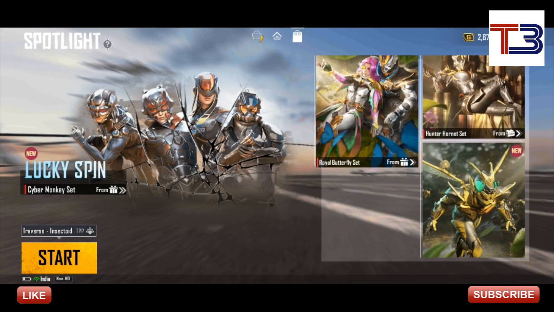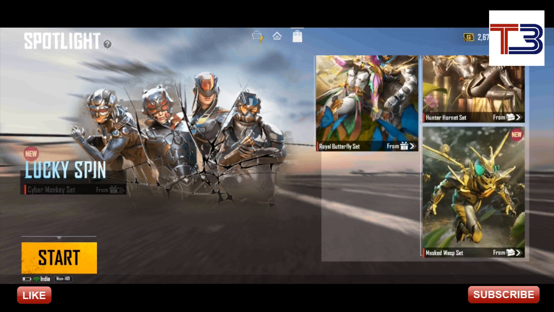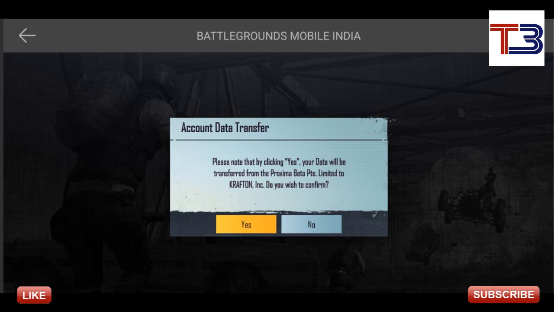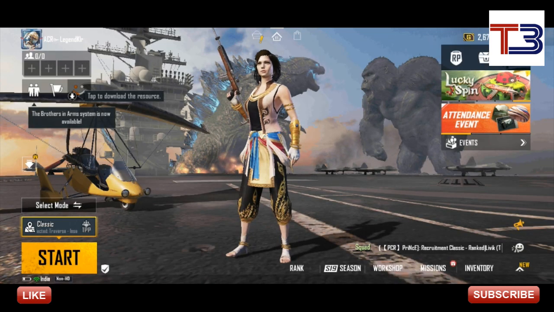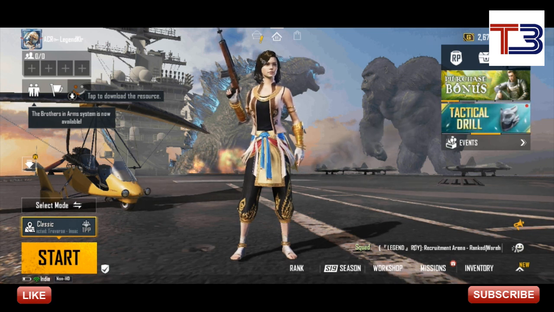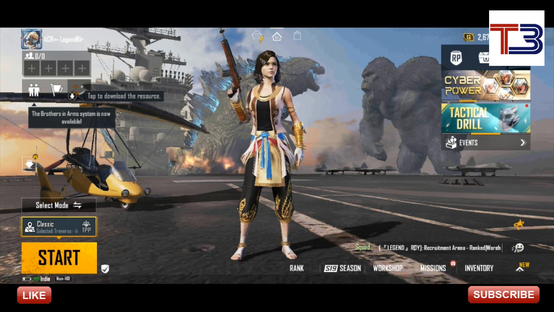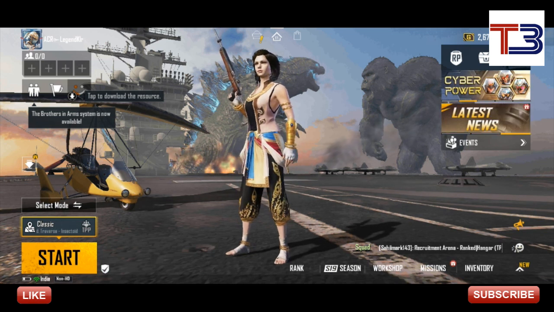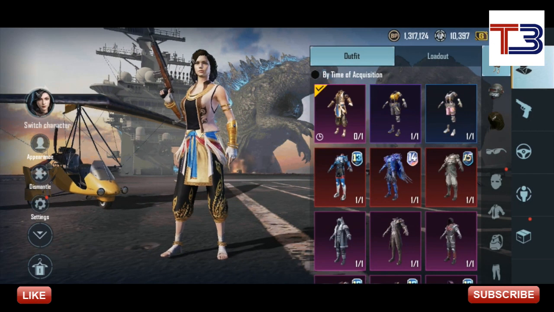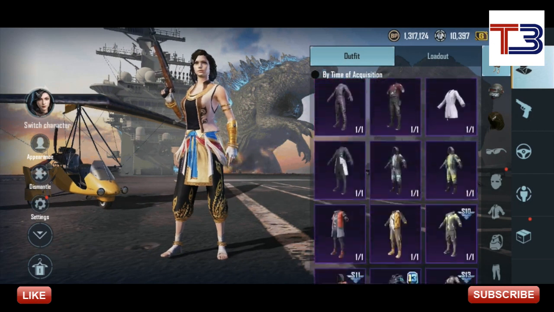Once you log in from the previous ID that you have used in your global version, you will get a pop-up like this, which will ask for the confirmation of transferring the data from your old PUBG Mobile global version, right? As soon as you give the confirmation, it will take you to the login page, and then it will automatically transfer all the data from your global version to the India version, right? Isn't it a good news, guys? Yeah. So let's move ahead.